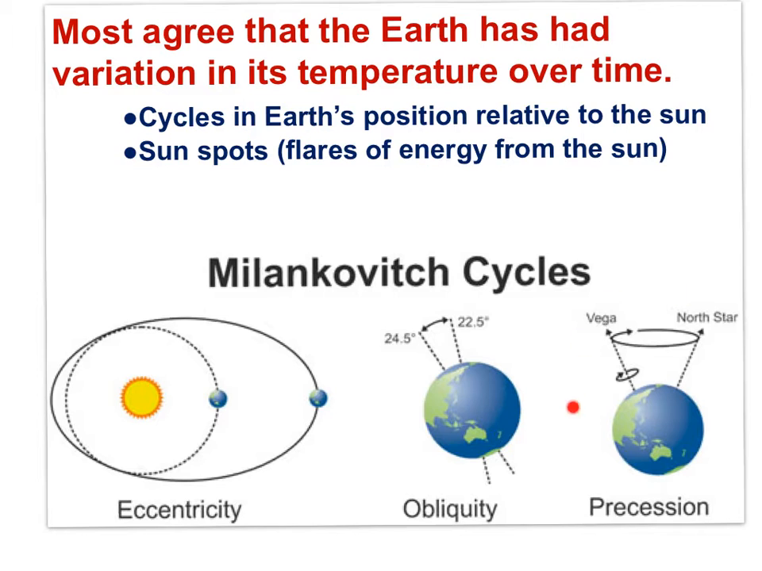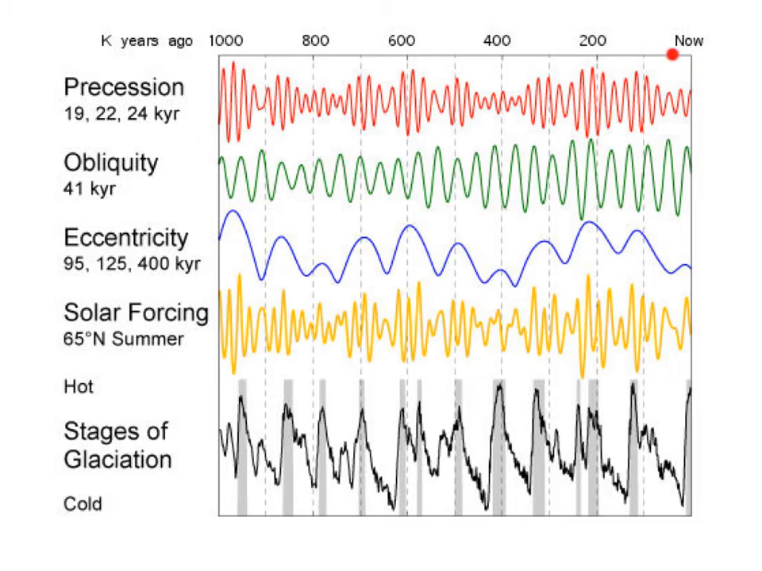And lastly, the Earth wobbles in its rotation, a process called precession, and this influences the Earth's temperature. These three processes cause variation in the Earth's temperature, and they are cyclical over long spans of time. I'll show you more on this in the slides to come. Here's a graph that shows time here along the x-axis back to 1 million years ago, and there are the different cycles of the Earth's position relative to the Sun, and we have sunspots here and stages of glaciation here,